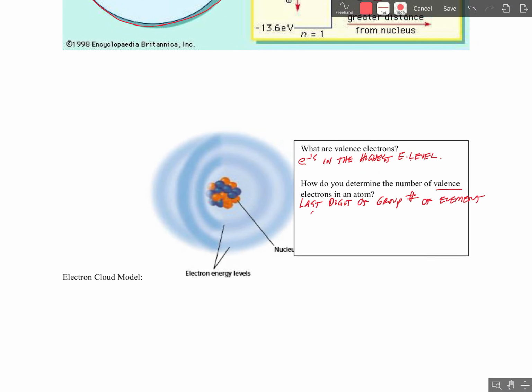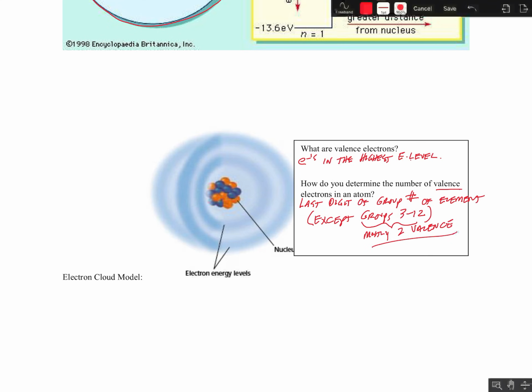Now, that does not apply to groups 3 through 12. Those mostly have 2 valence electrons. So groups 3 through 12 mostly have 2 valence. But the other groups, we can determine the number of valence electrons by looking at the last digit